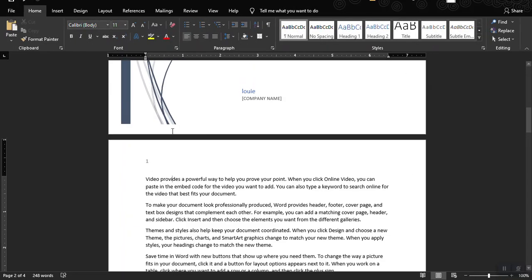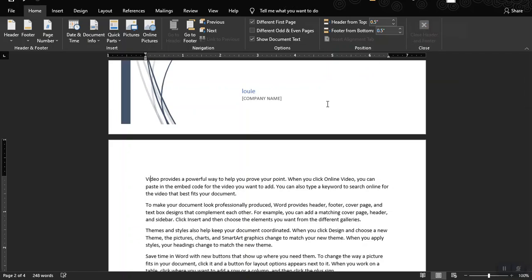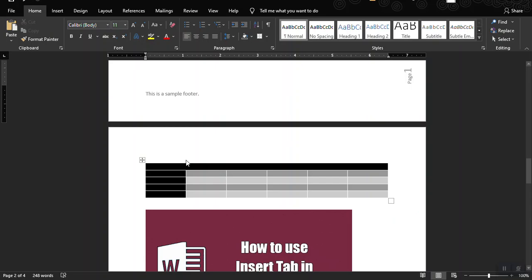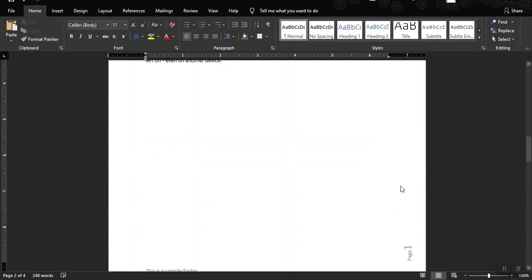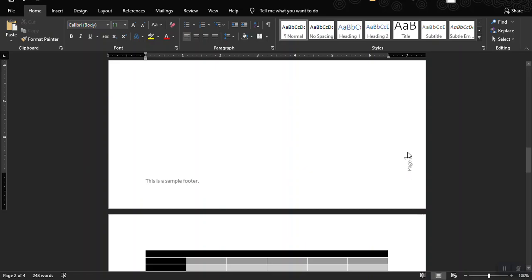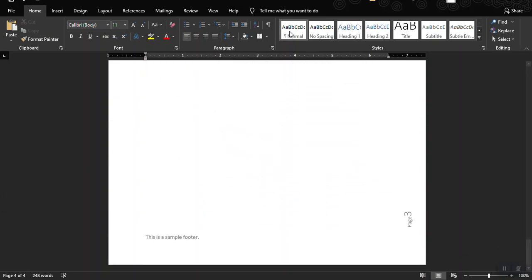So maybe we could remove this page here. Okay. So as you can see, the header for the page is now removed. So we have here the page number for the vertical right, page 2 and then page 3. Okay,